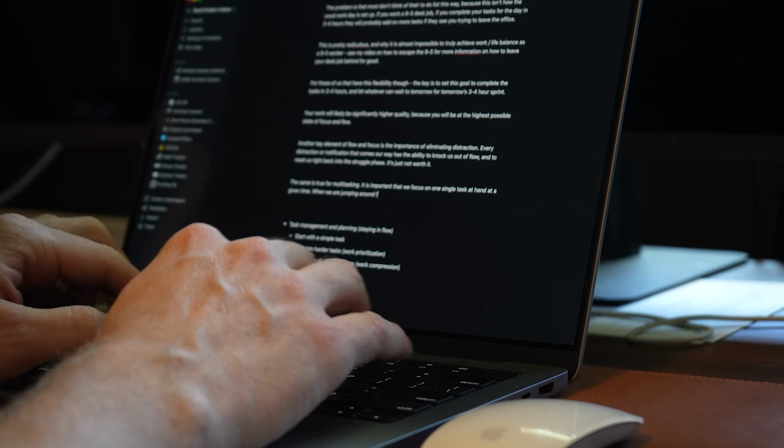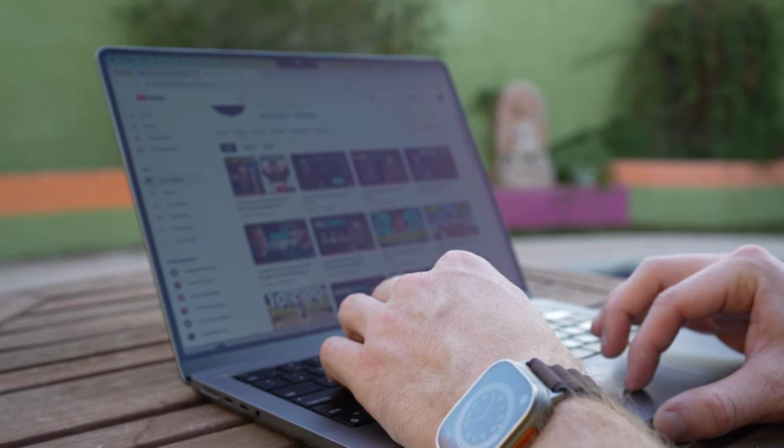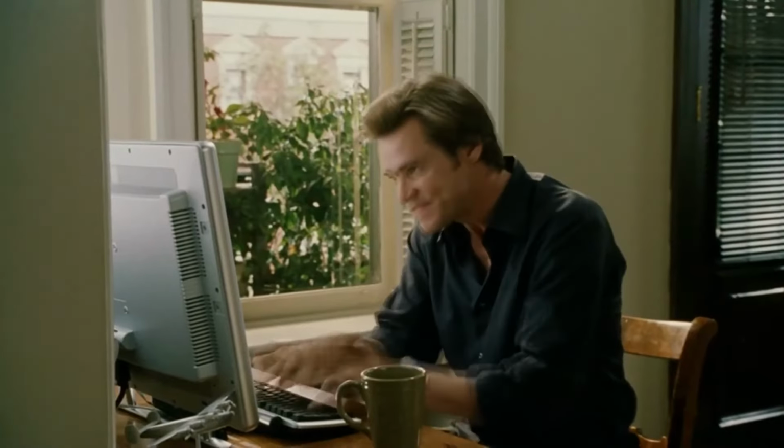I love creating content, but there are definitely some things that I wish were more efficient, especially when it comes to things like ideating on ideas for different channels that I'm going to be posting on, or taking a YouTube video, which I've already created, and putting it in my voice into a blog post that I can then go post on my blog without having to do the work over and over again.